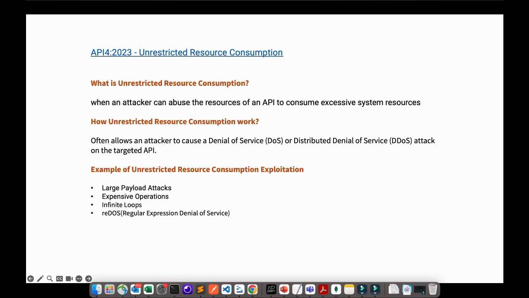Hello and welcome back. In this module, we will explore the concept of unrestricted resource consumption vulnerability in our APIs and its impact on API security. Now, what is unrestricted resource consumption vulnerability? This is an API vulnerability that occurs when an attacker can abuse the resources of an API to consume excessive system resources and impact the availability and performance of the API